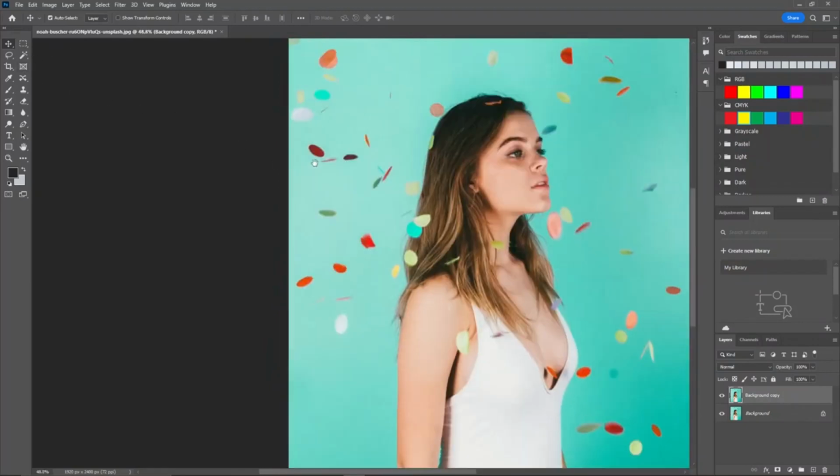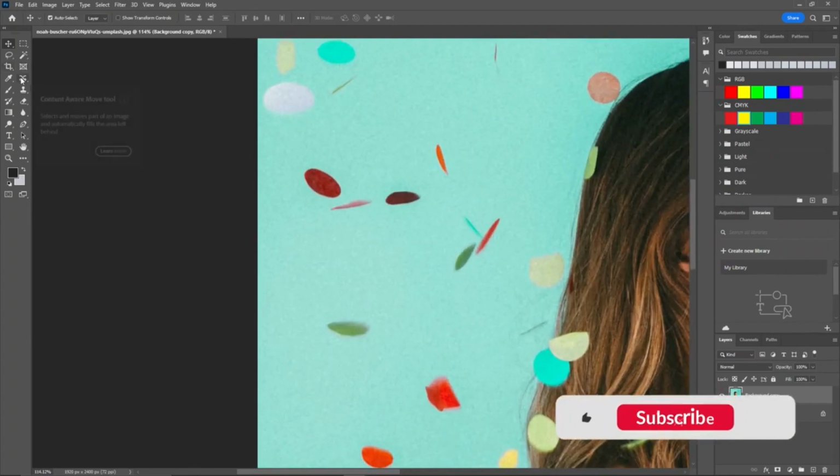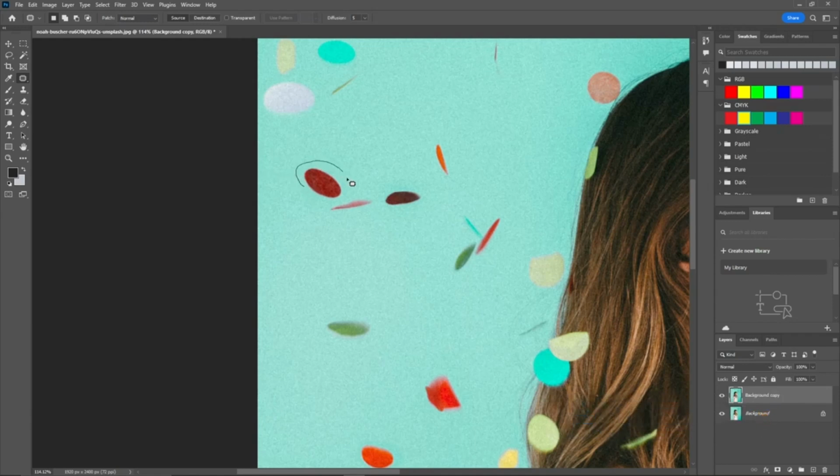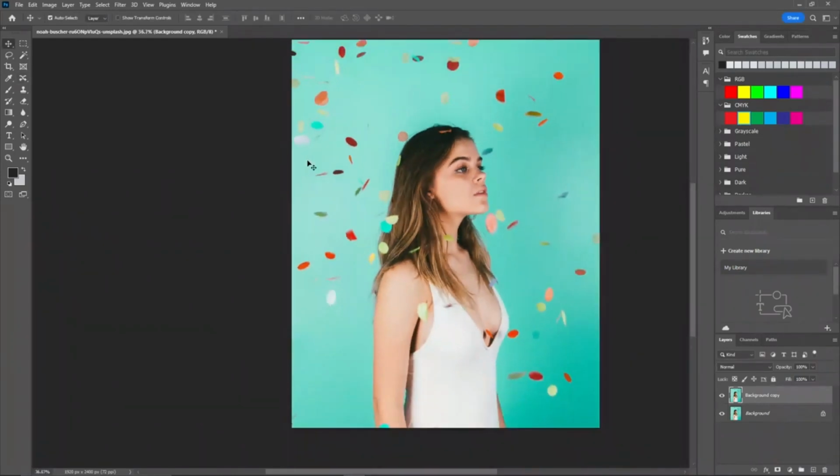I'm going to show another example. I'll be just moving this part. Again, I'm going to use the patch tool by selecting this, and I'm going to use the content aware move tool, and I'm going to place it here. Just hit OK or click on this. There you go. Now you've seen the object. As you can see, this content aware move tool is very useful and it can be used to move objects